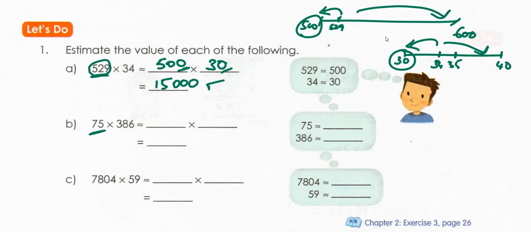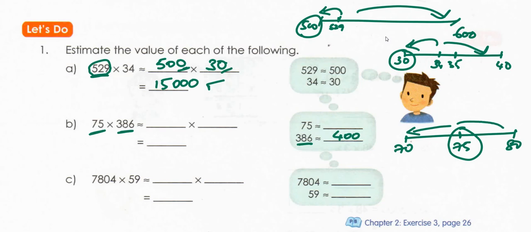75. 75 can be written here as 386. 386, first we'll do this. 386 is closer to 400. 75 is between 70 and 80. This is your 75. In such a case, this is exactly the middle. It is neither closer to 70 nor closer to 80. It is the middle value of 70 and 80. Then better you first think about it. To multiply with 70 is easy, or to multiply with 80 it is easy. If it is easy with 70, then you go with 70.